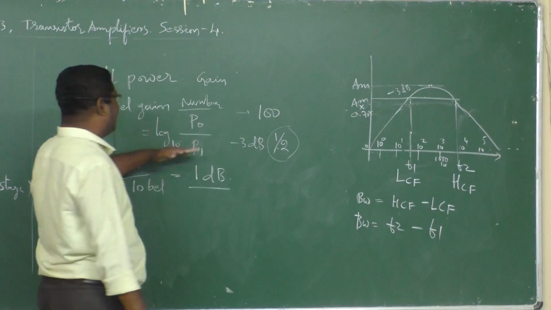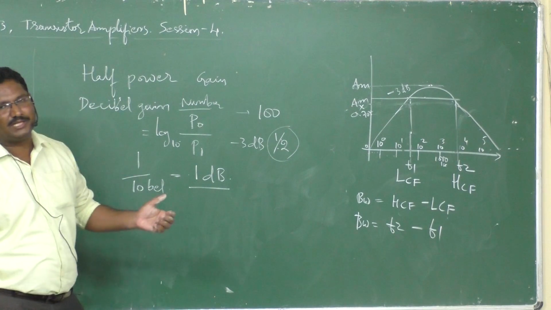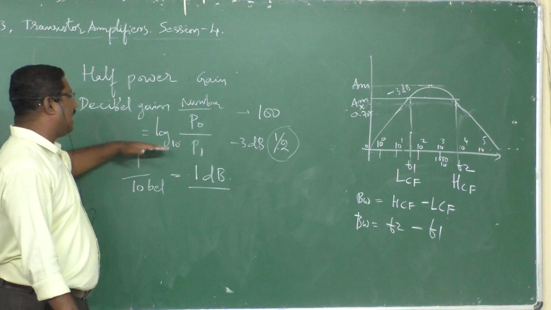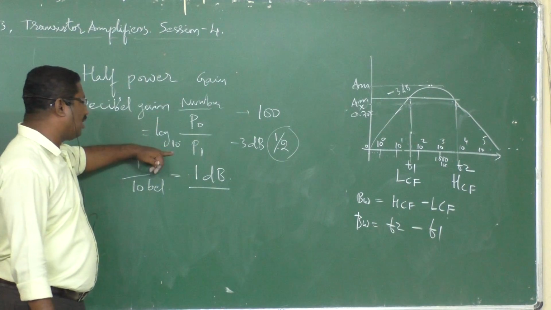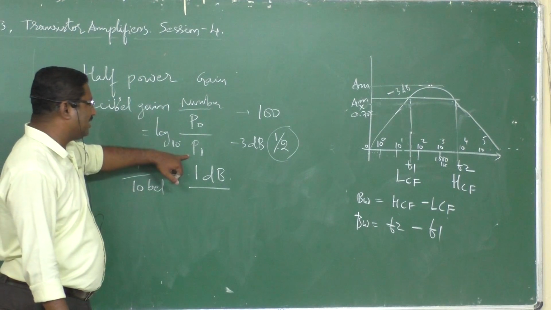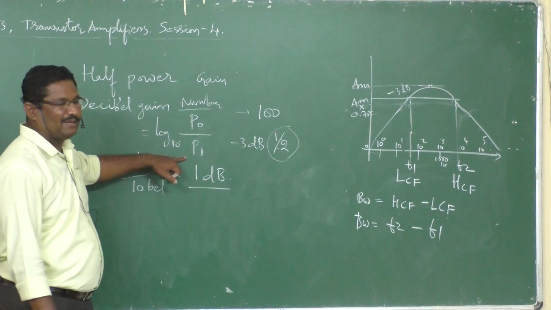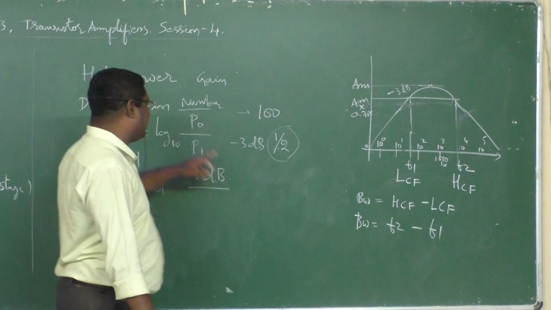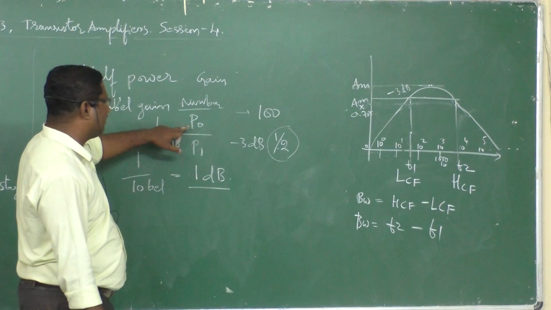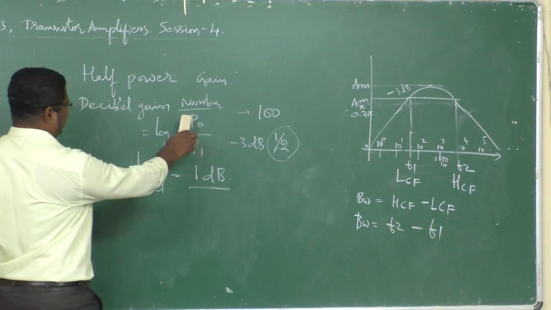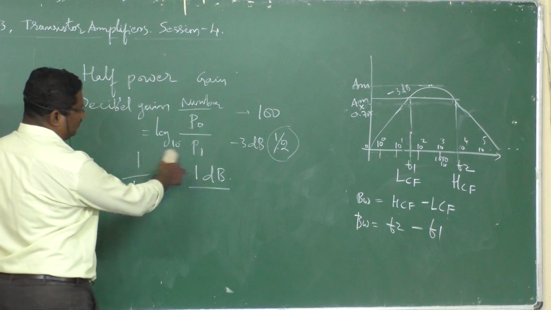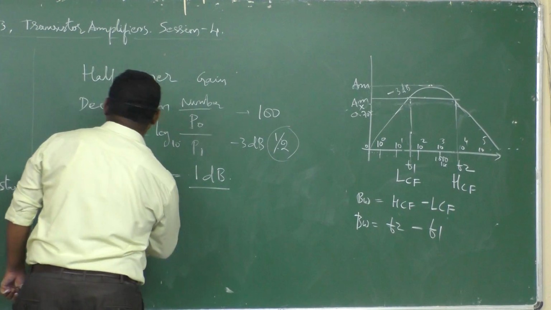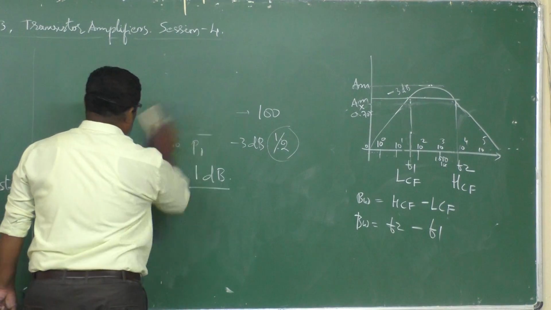Decibel gain is nothing but a number, and human ears can't respond directly to that number, whatever it is. It responds to the logarithmic value. And how to calculate that logarithmic value? By taking the log to the base 10 of output power, whatever it may be, divided by input power. Output power of the amplifier divided by input power of the amplifier, in terms of AM, the maximum or total amplitude. PO divided by PI, like this we are calculating, and 1 divided by 10 bell is equal to 1 decibel. So like this we are calculating half power gain and decibel gain.